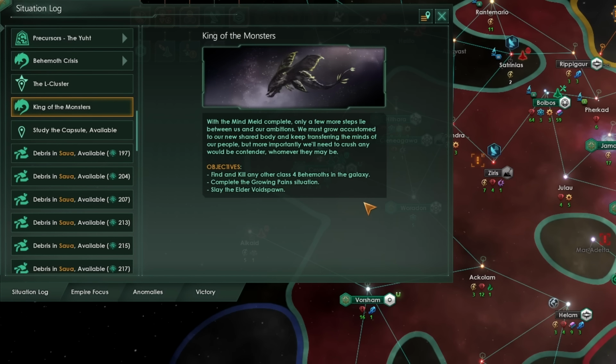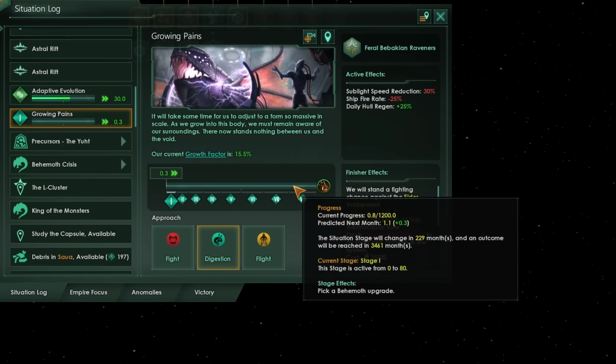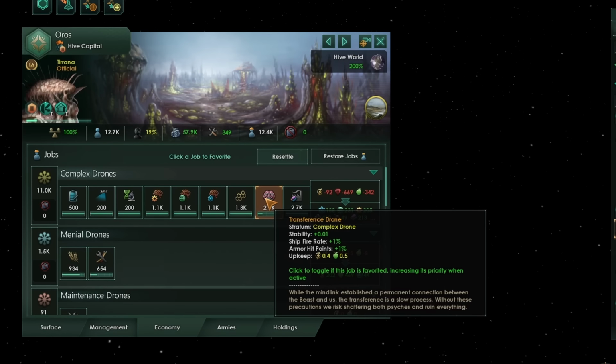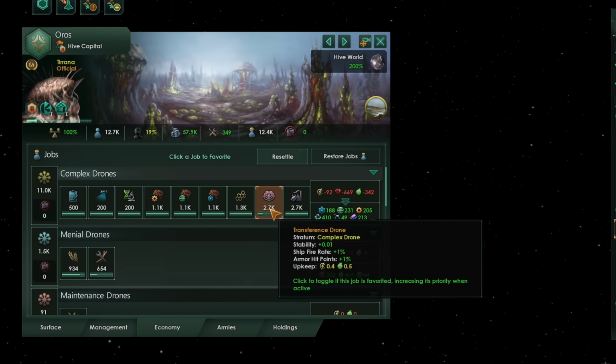First, we must find and kill any other class 4 behemoths in the galaxy, because of course, there can be only one. We must also complete the Growing Pains situation, which at the moment is over 3,461 months away. However, you will notice as you accumulate growth factor by eating planets and transferring pops from your capital with the